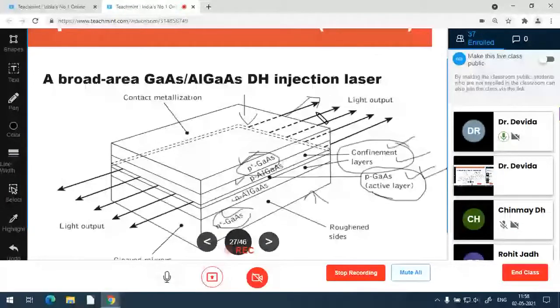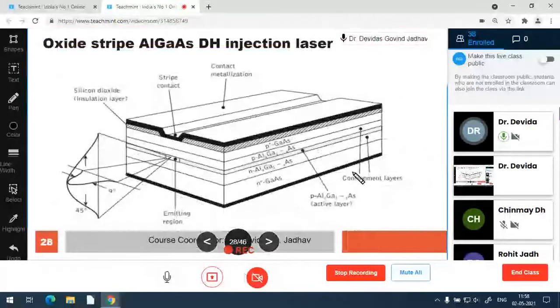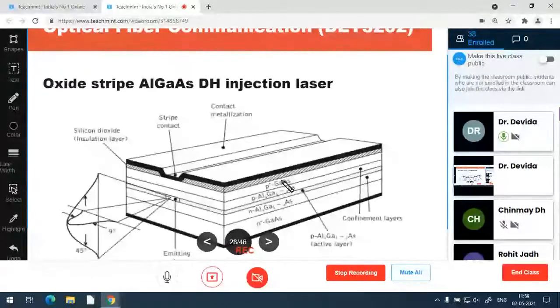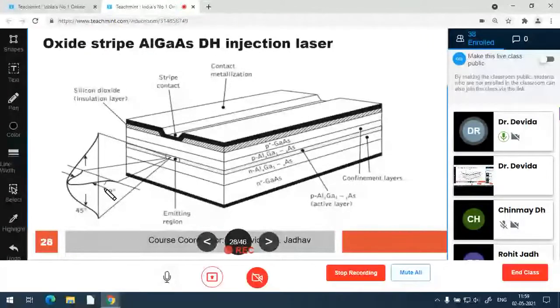But here the direction of the light output is in both ways. If we put mirrors on these sides, it can be made a single direction device. So this is the oxide strip GaAs. Here, if you observe, a very large width is there over which the optical light is emitted. But that width can be reduced to about 9 degrees, and the height can also be reduced to 45 degrees, by making a thin layer of active region, as well as making very small